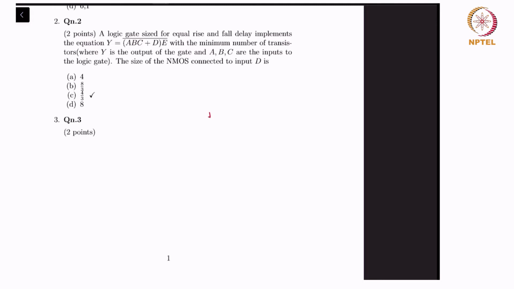So we have A, B, C, right? Product terms A, B, and C, and then that is ORed with D, and the whole thing is multiplied with E,